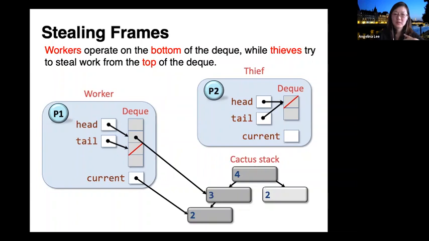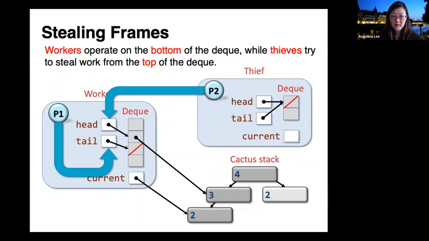Whatever gets pushed onto the deck first comes out last. And the worker pushes and pops stuff off the bottom of the deck. And the thief, on the other hand, always steals work from the top of the deck. And so in this case, the worker always operates at the tail end of the deck, and the thief, on the other hand, always operates at the head of the deck.